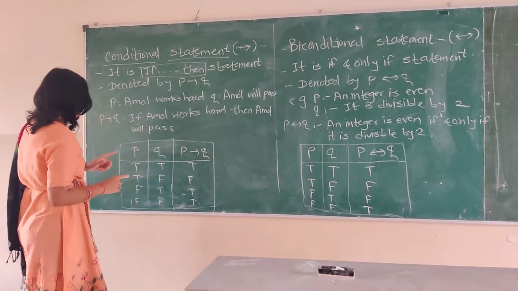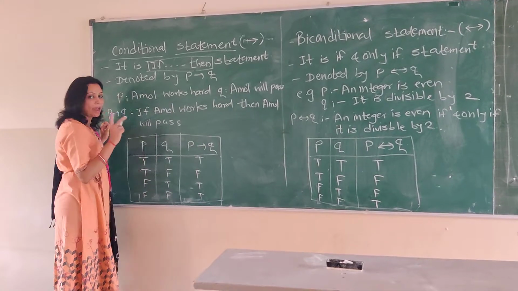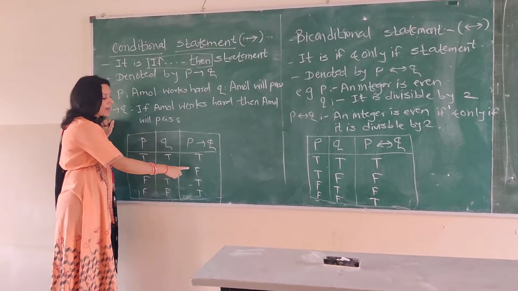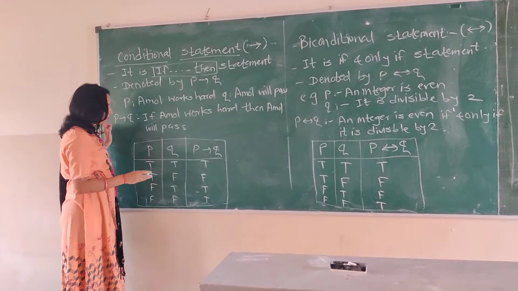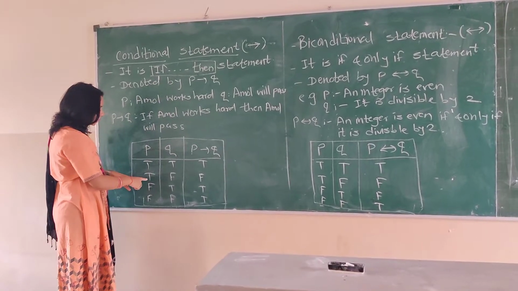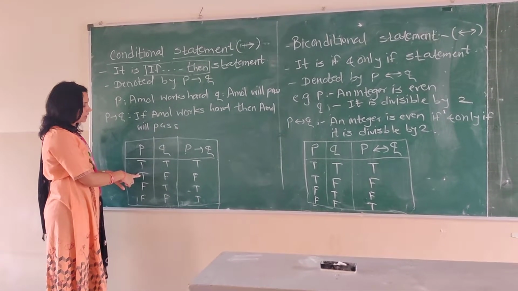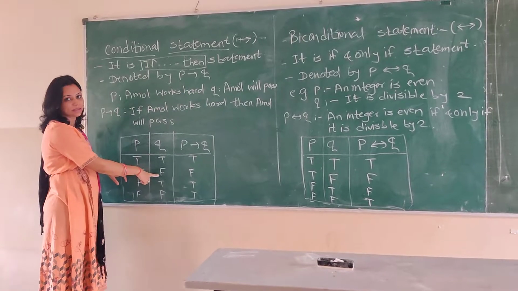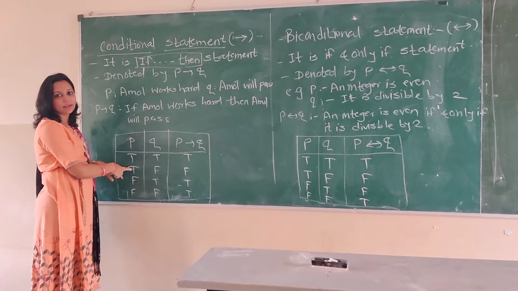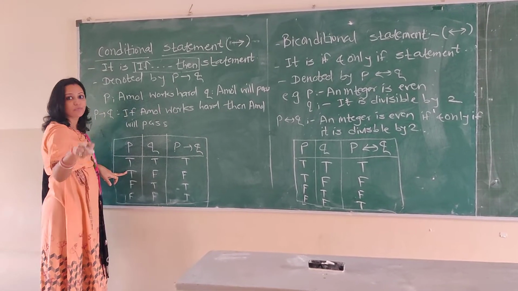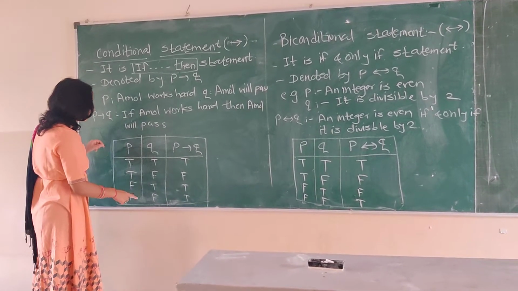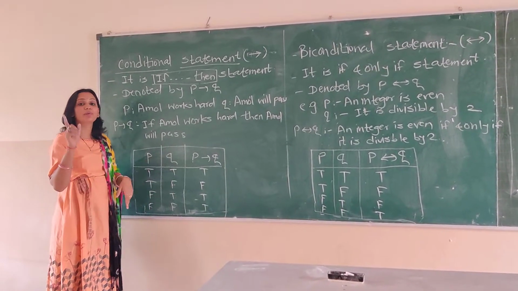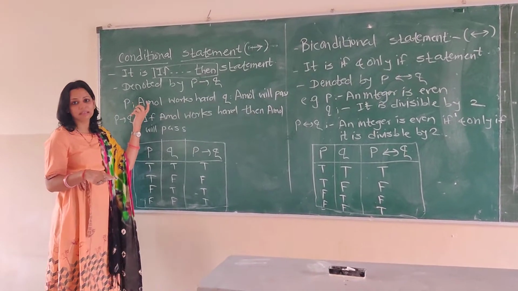So keep in mind, whenever we are having two statements and the value of the first statement is true and the second statement is false, at that time you are getting the value false because it is the type of if-then. If I am saying if Amol is working hard, then he will fail, why will he fail? Because Amol will not pass. So it is false because he is working hard now. That's why you are getting the value as false. Whenever your first statement is true and your second statement is false, you are getting the truth value as false because it is the conditional statement.